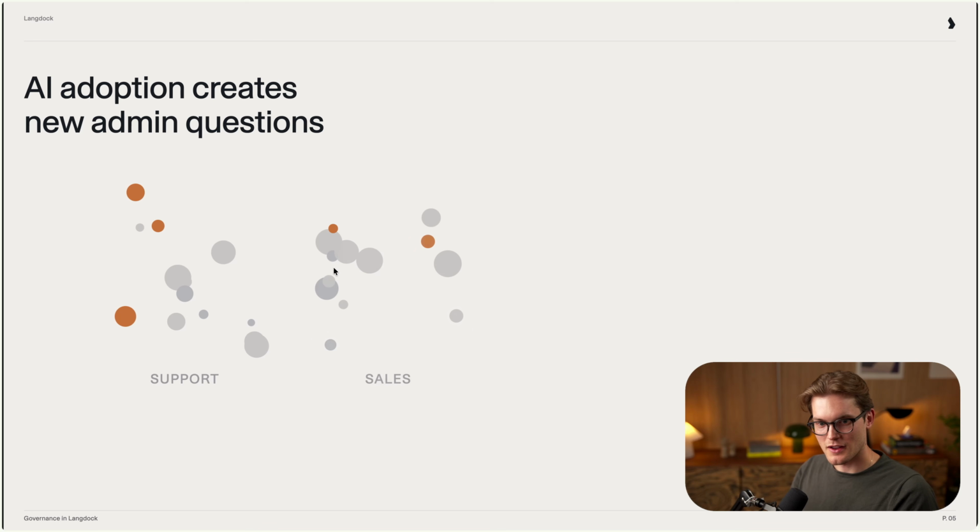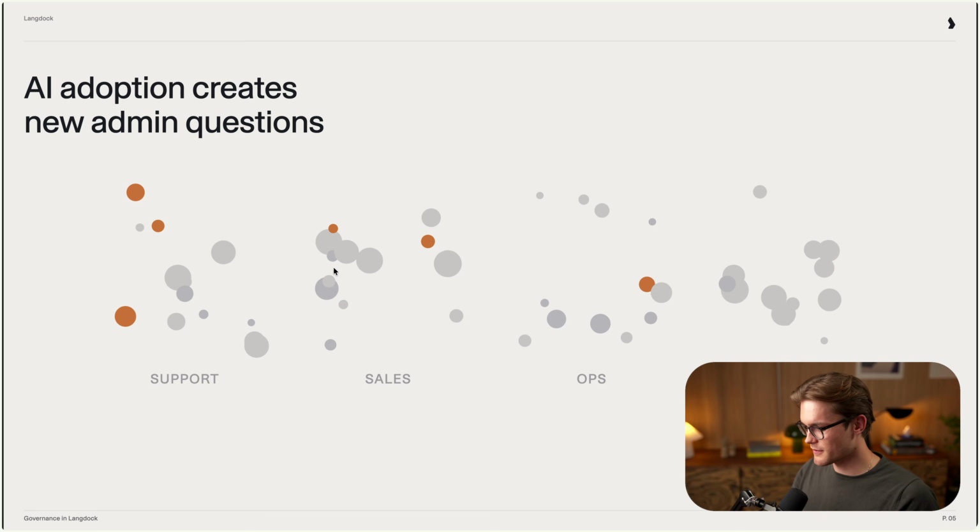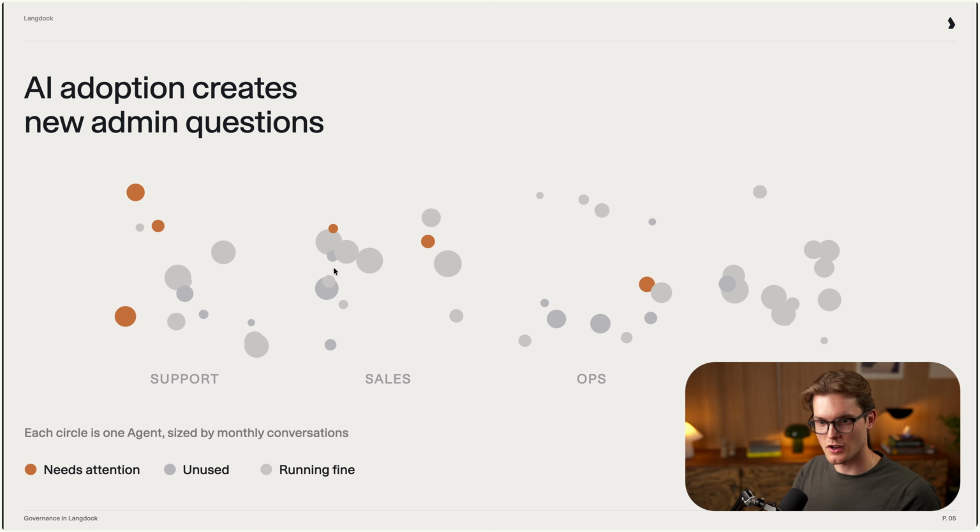This is the landscape that you might see as of right now in your workspace. You have different departments. Langdock is usually rolled out to a very large number of people inside of your organization. So you have different departments, different teams working on the platform, doing all kinds of different things that are relevant for their teams. Not everybody knows what happens in each of the departments. Things are being built maybe multiple times in different places, being used by different people. And it becomes quite messy over time if you don't have one central place where you can administer all of